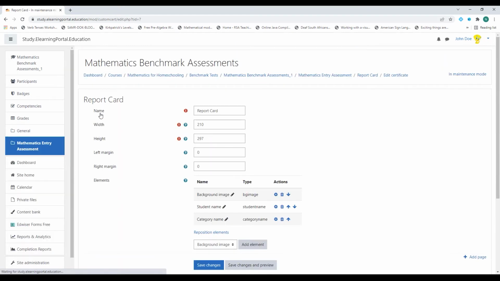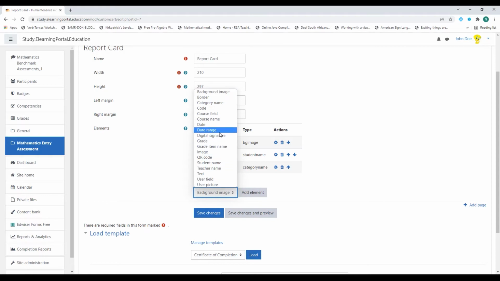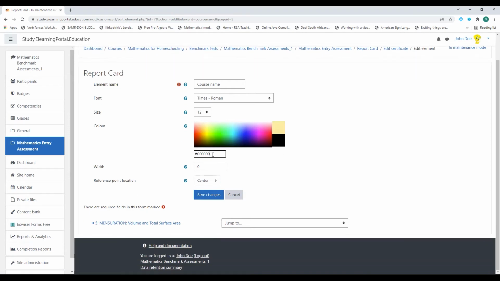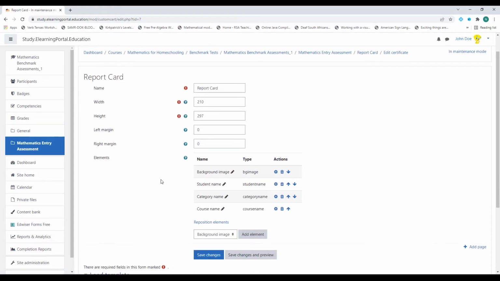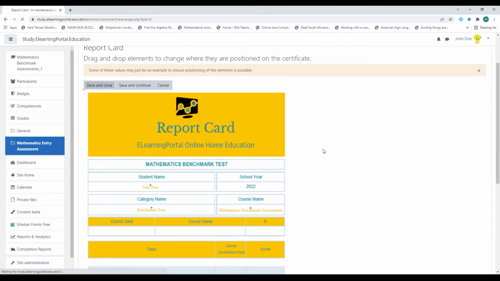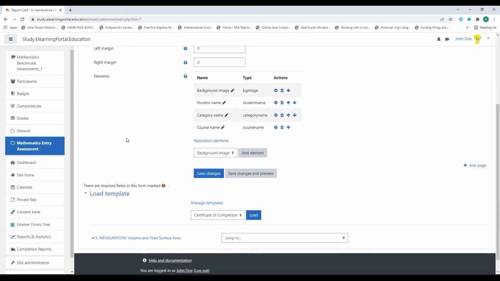Let's click on save. Let's go back, and now for our course name. Click on add element. Again, we'll change the color here. Click on save changes, and let's reposition the element. And this is called benchmark assessments. Okay, click on save. If we click on save changes and preview, we can preview the actual report card